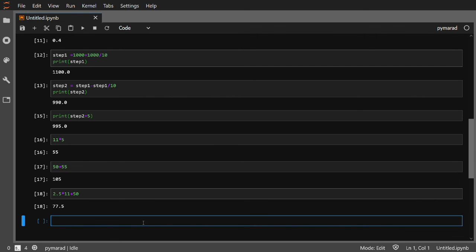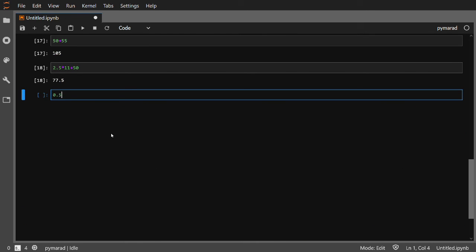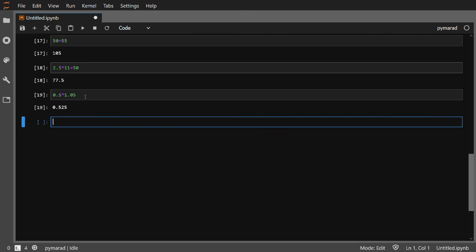To decide which one it is, let's calculate it properly. In the beginning of February, I have 0.5, meaning 50% of my followers, and by the end of the month, I will gain 5% of that value. So I can multiply by 1.05. The 5 is the 5% extra, so 105% of my initial value. I will have